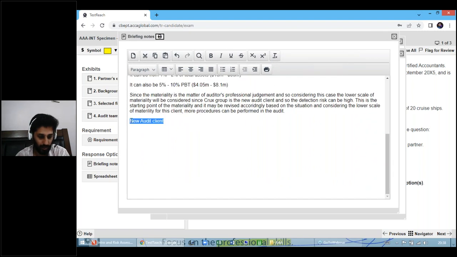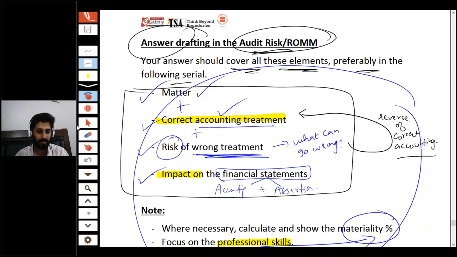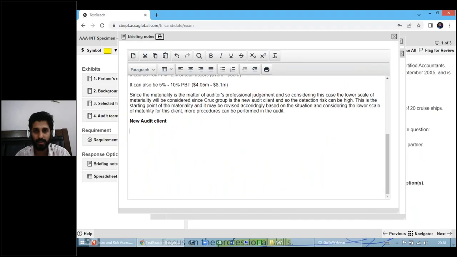This is my new audit client, doing it bold. And remember this 4 steps model: matter, correct accounting treatment, risk of wrong treatment, impact on the financial statements. We are going to apply all these things over here. So what is that thing? The Crux group is the new audit client, and that